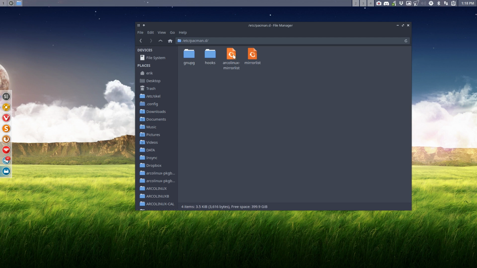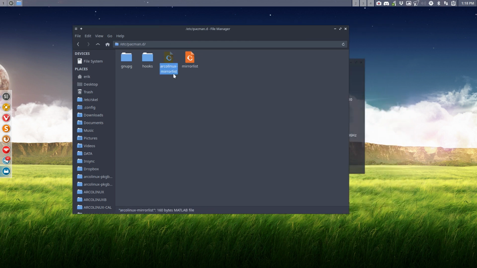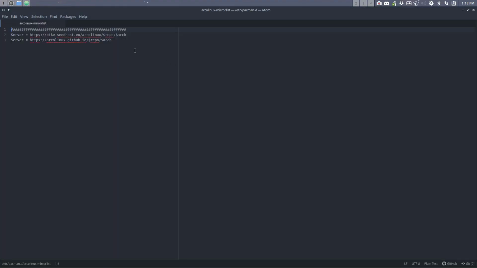Now we have two things that are important. The ArcoLinux mirror list, that's for our packages, it has nothing to do with Arch Linux. We are based on Arch Linux, but we are paying, actually you are paying, thank you for the donations, for the seed host. Seed host is where our packages are, and as a fallback system we have the free GitHub.